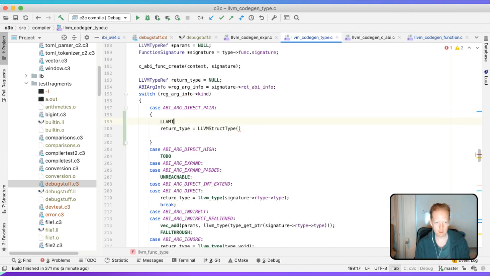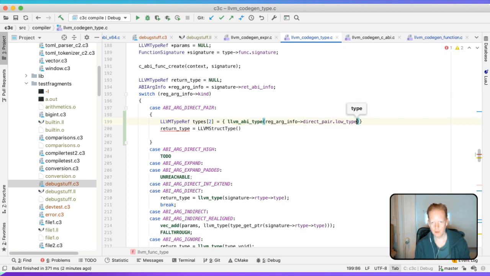So LLVM type ref types, and it's going to be a two element one, and it's going to consist of LLVM ABI type of ArgInfo, pair, direct pair